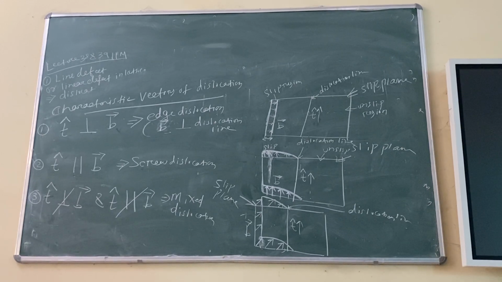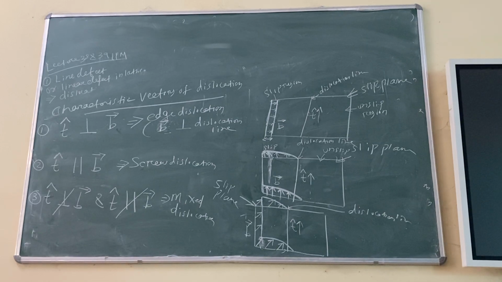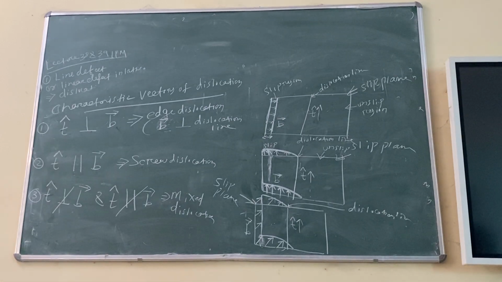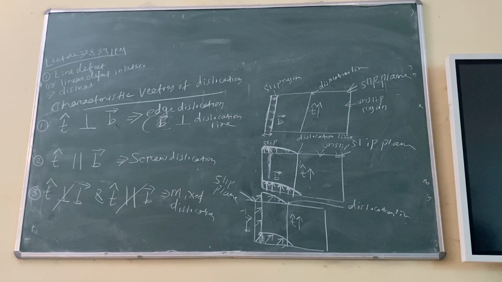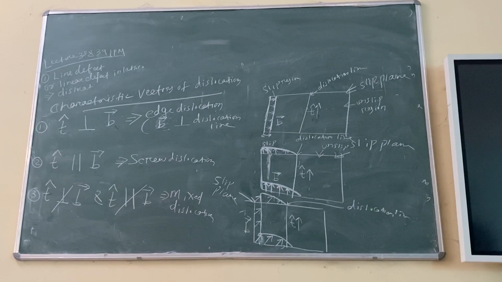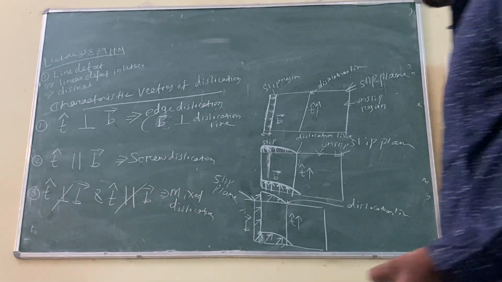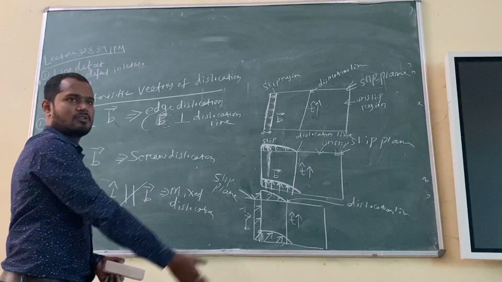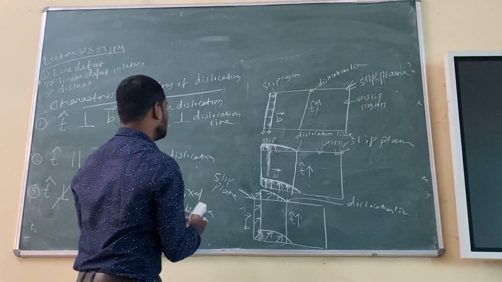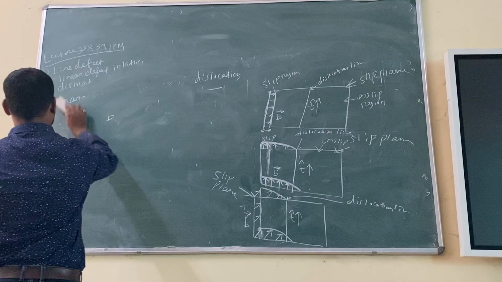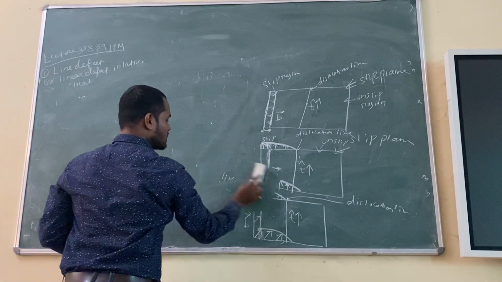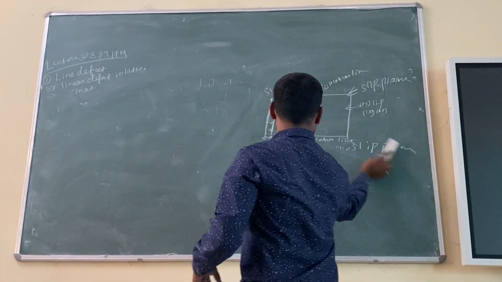And the angular relationship between this Burgers vector and tangent vector will tell you which kind of dislocation we have. Whether we have edge dislocation, whether we have screw, or whether we have mixed. Right? It is either perpendicular, parallel, or not perpendicular, not parallel. Right? These are the cartoon diagrams, you can say. These are not real diagrams. Anyway, the most interesting part we'll discuss now quickly.